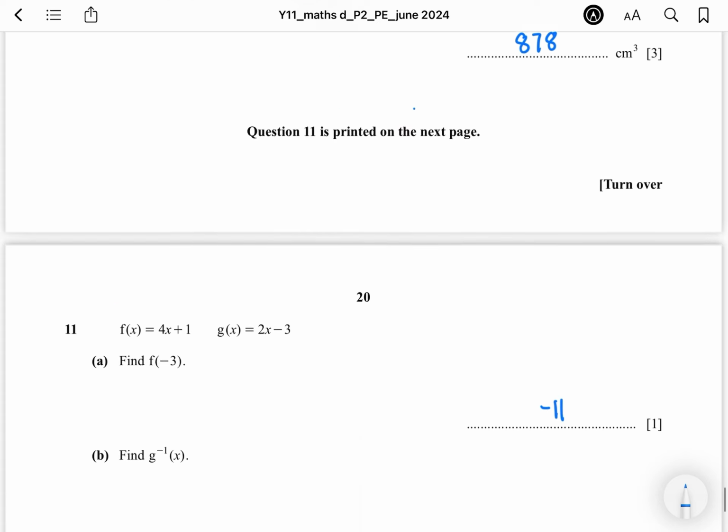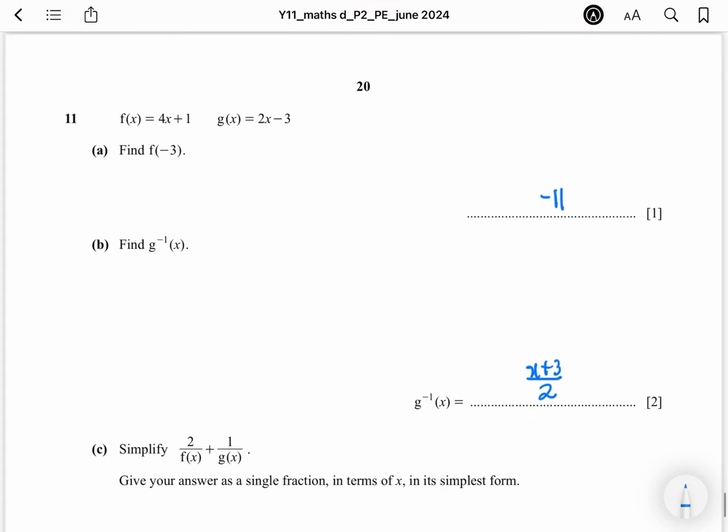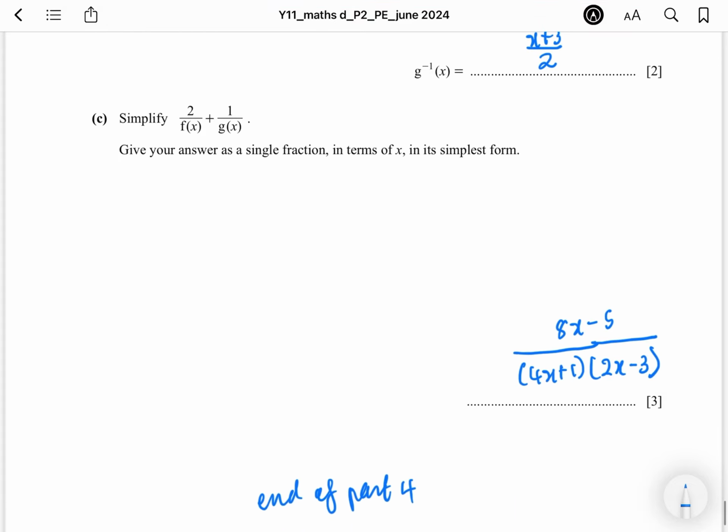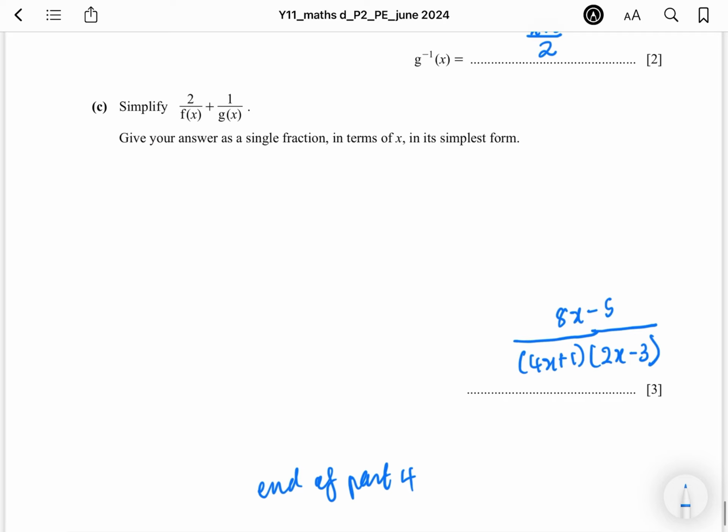Okay, right, then we have that. This one most of you are able to do. Okay, so that will be